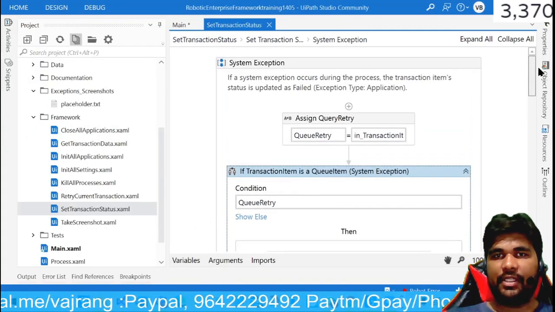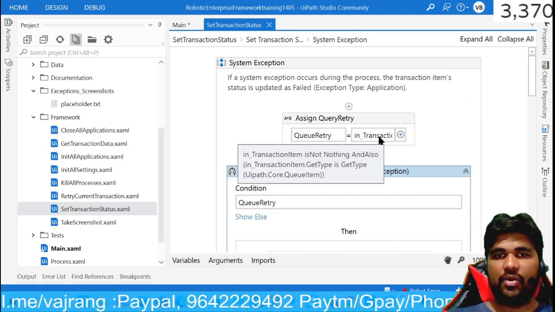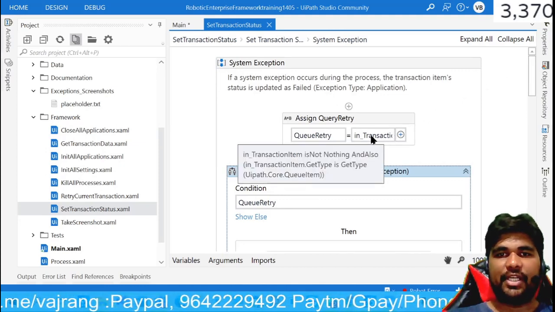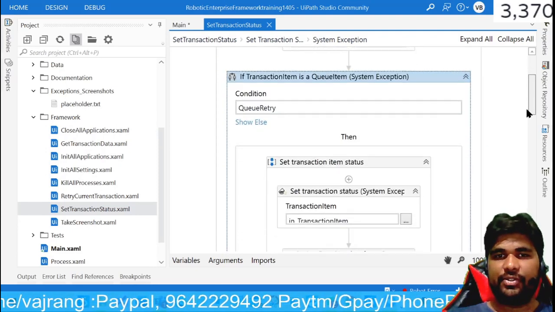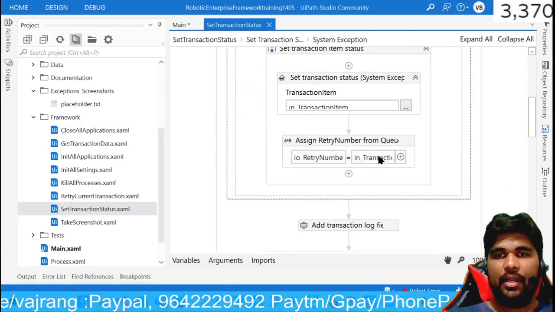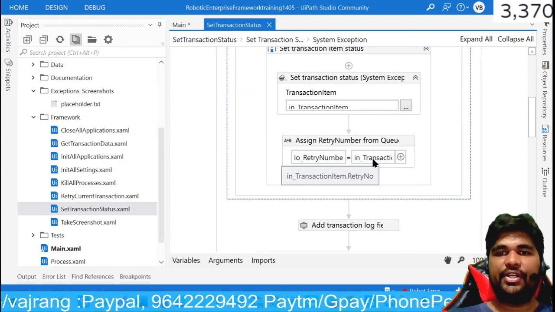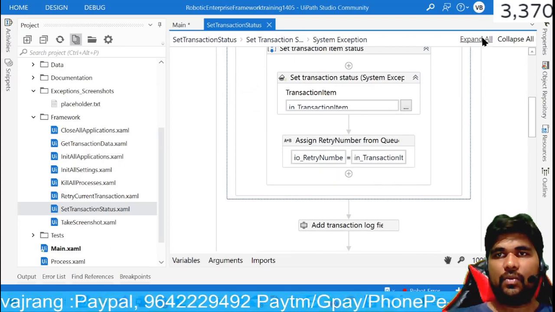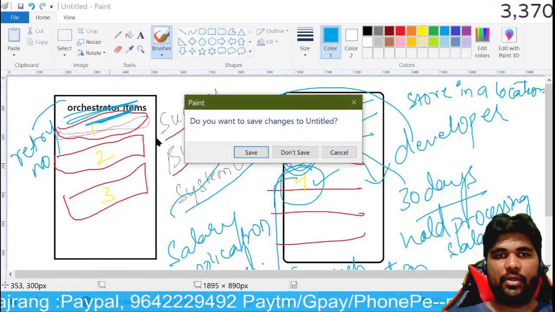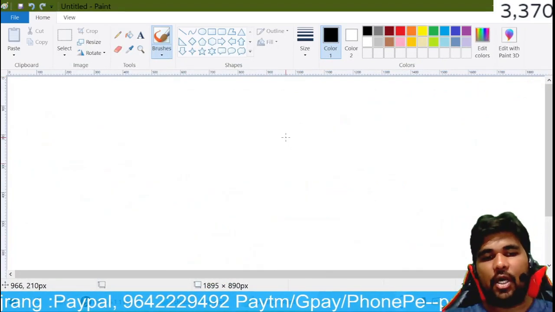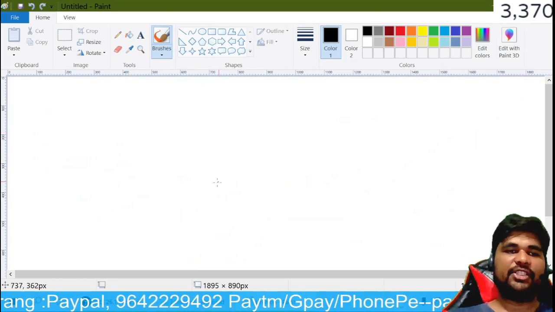If you see, there is a key in this particular item, in transaction item dot get type, and here you can also see transaction number dot retry number. Do you know about transaction items and how you get the values from a transaction item?